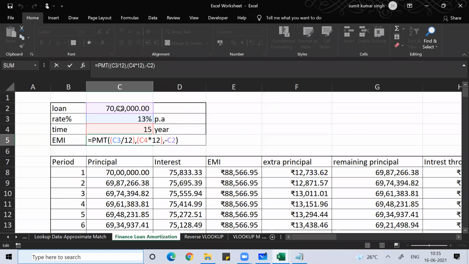Clear everyone? Are you able to understand this? Any doubt? If you want, FV is 0 and type is 0. Type means 0 or 1. 0 means at the end of the period. The EMI of the loan, what you're going to pay, will you pay at the end of every month, or are you taking the loan right now and paying EMI right now? That means the beginning of every period. Normally we'll do it at the end only.